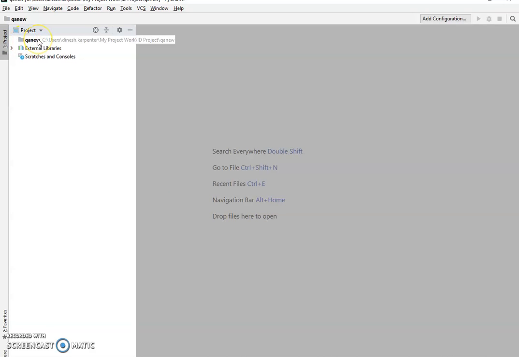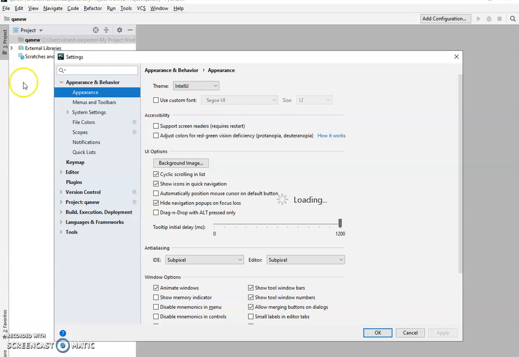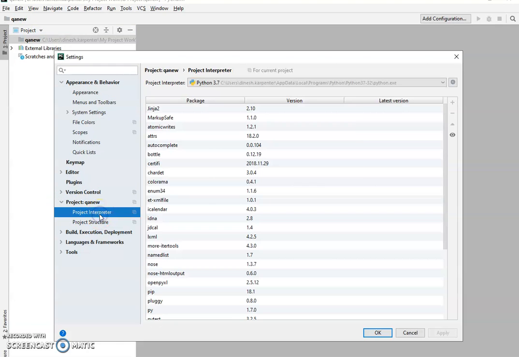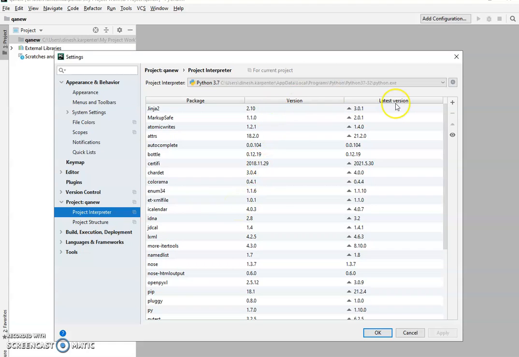So what you have to do is firstly check whether Selenium is there or not. Like in Java, we check the build path and Selenium jars, but here we have already installed Selenium from the command prompt. So we just go and click on the settings on the project. In settings, you have to go to the project, which is your project name, and click on the interpreter. In the interpreter, you will see that a lot of packages for Python are already there.